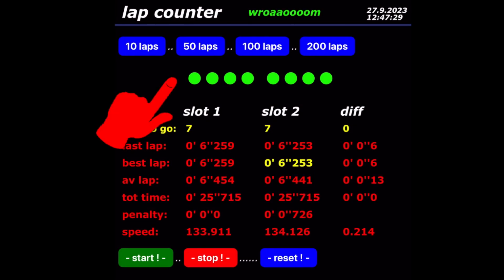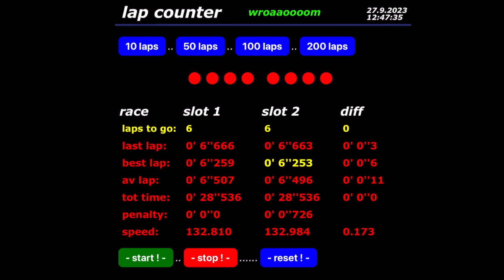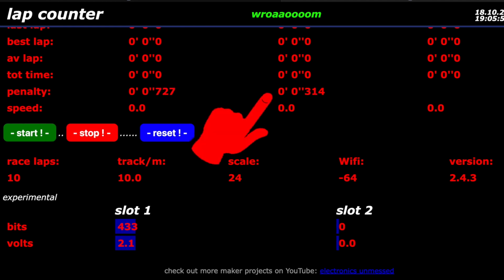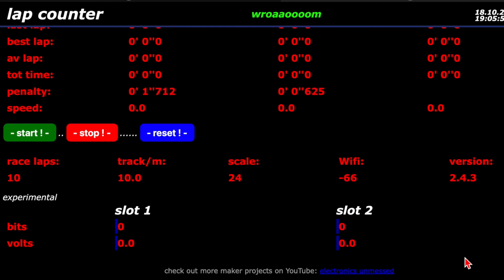If the traffic lights are green, you are allowed to drive. If they are red, you have to stop. And then there are penalty times for those who drive during the red light phase. This happens, for example, with an early start, or if the race has to be stopped due to an accident. Then the driver who continues driving during red light is also penalized. The penalty times are added to the total times, and then it's like in a real race. You can lose a race due to large penalty times.